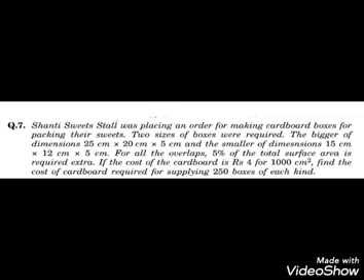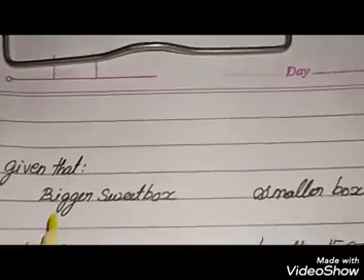250 boxes. So here two types of boxes are there, one bigger, one smaller. After finding the total surface area of these two, we need to add again 5% for overlapping. We find one total surface area and multiply with 250. You get the total surface area of your 250 boxes, and you need to multiply with 4 and divide by 1000. You get your rupees. Now we move on to the solution.